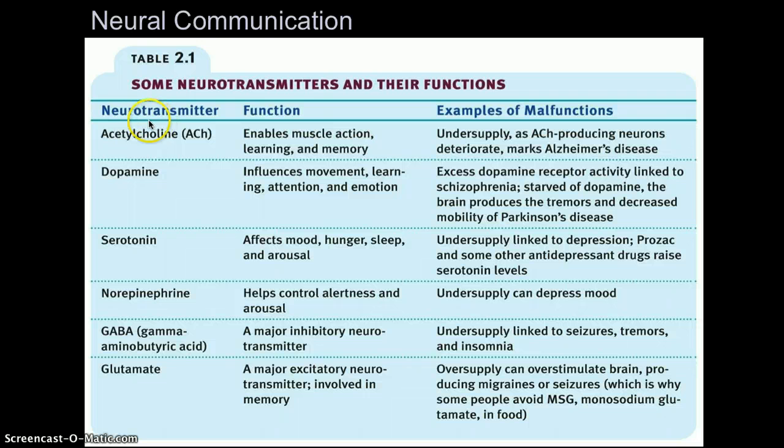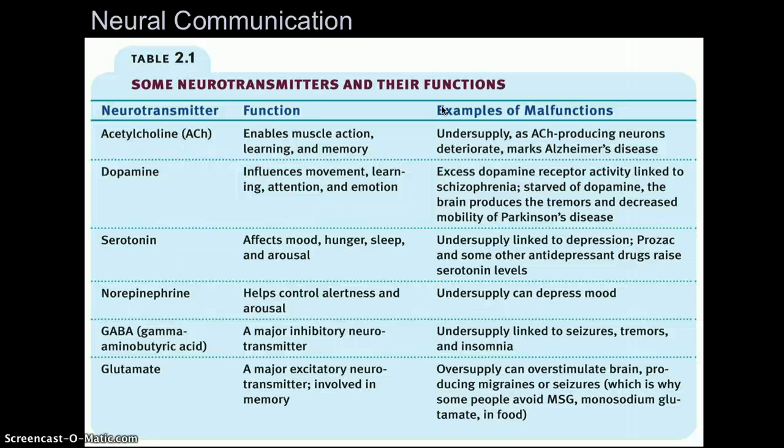So we're going to talk about some common neurotransmitters and their functions. The first one we have is acetylcholine, and that enables muscle action, learning, and memory. And in case of a malfunction, there would be an undersupply, and acetylcholine producing neurons deteriorate, which is a mark of Alzheimer's disease. The brain with Alzheimer's disease essentially looks withered, and it's a degenerative disease where the brain actually